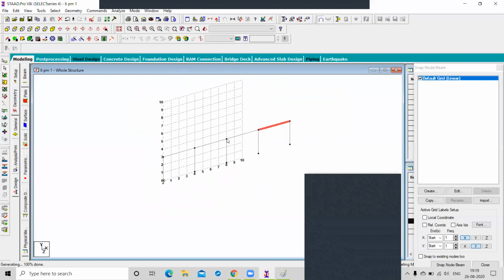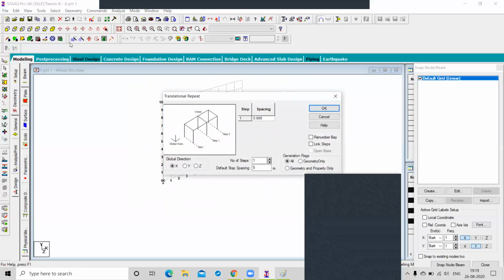Now, for the upward direction, select these nodes, these beams, and choose translation repeat. At this time, which axis am I going to select? Y. And how many steps? 4. How much distance? 3 meter.